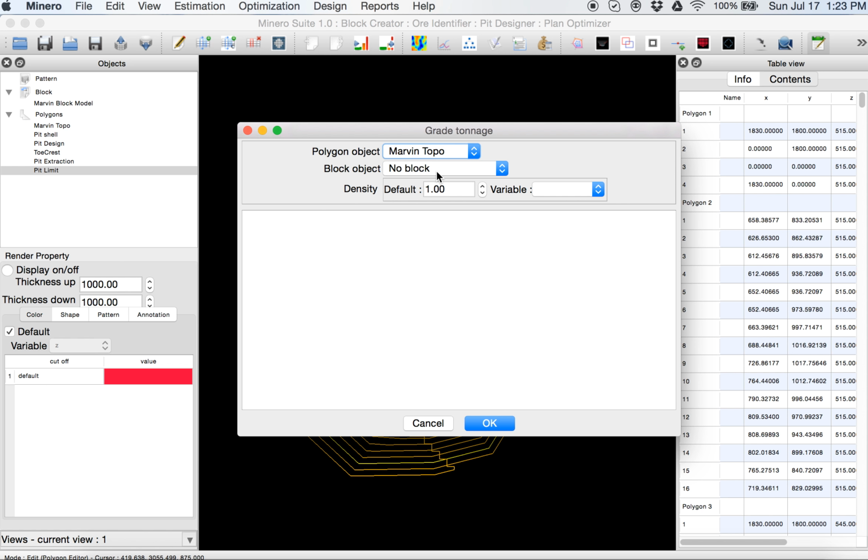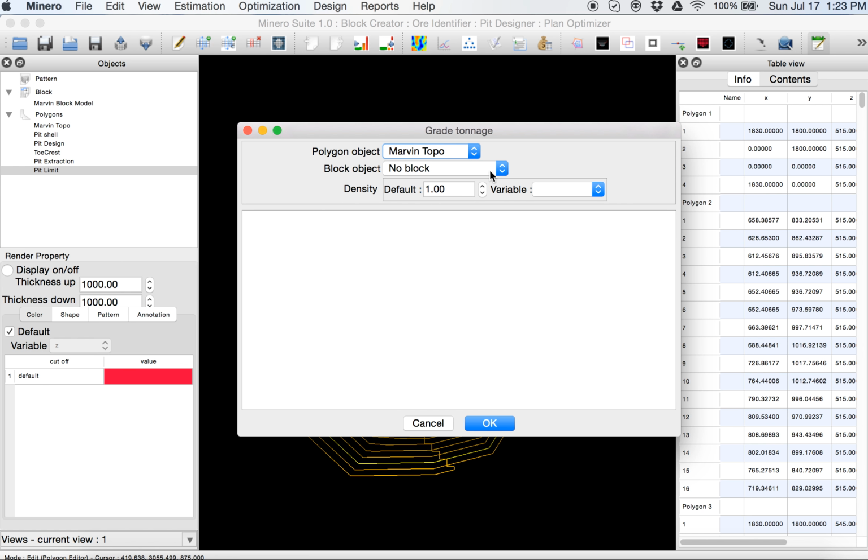Whether we use a block model or not, we can get detailed information. When we have a block model, we will get grades in addition to tonnages and volumes. When we don't have block models, we get tonnages and volumes.